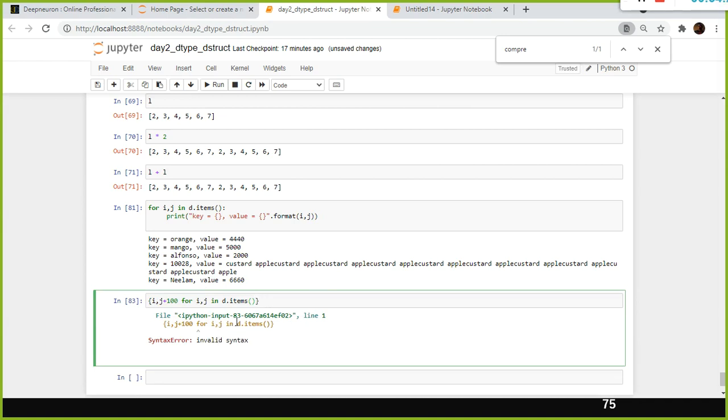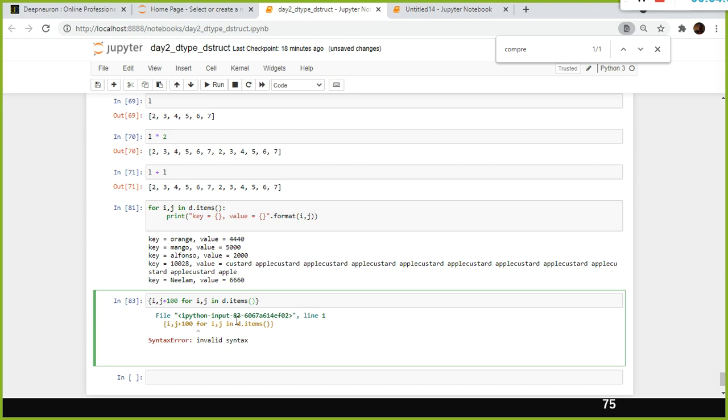For in, right? So yes, the list comprehension is what we do; here it is slightly different. So how do you do the dictionary comprehension?